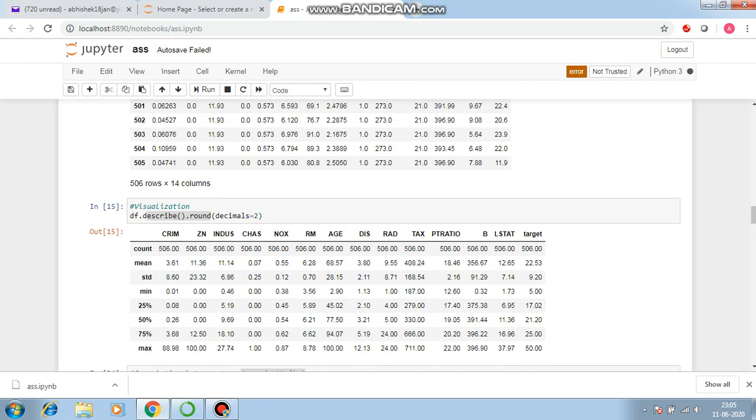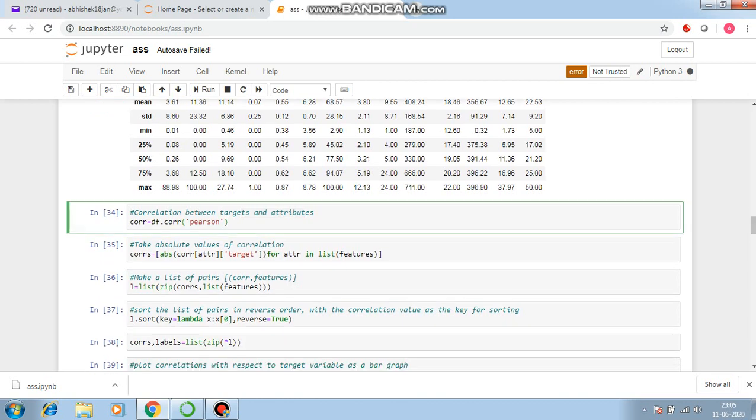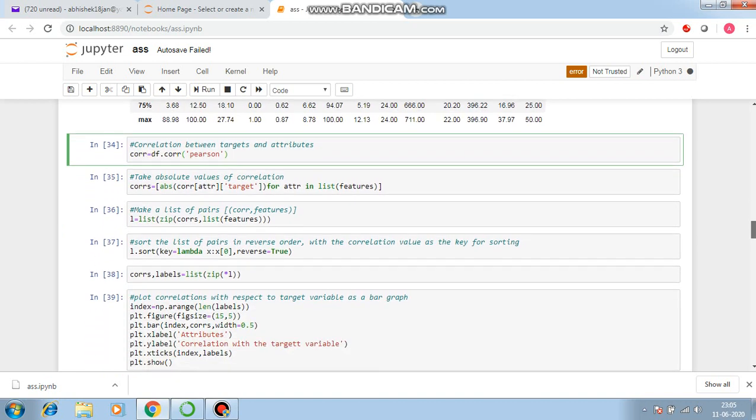Then we are concerned about the visualization process. So df.describe().round(decimals=2). After the decimal, it will round off every value to 2 decimal digits. Then we find the correlation between the target and the attributes.